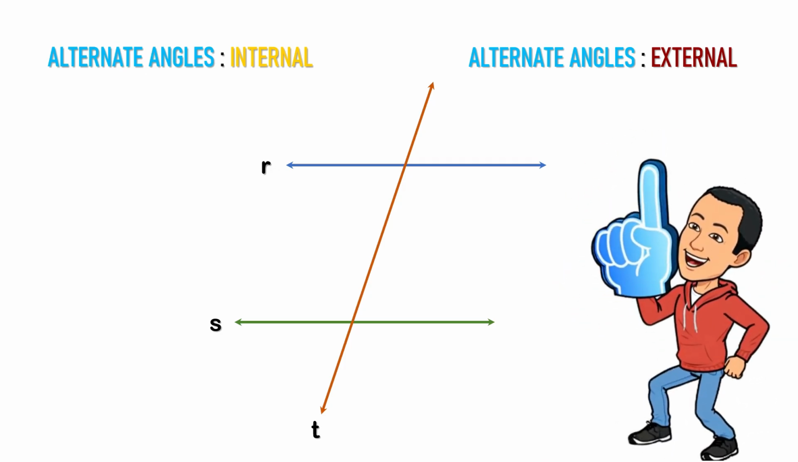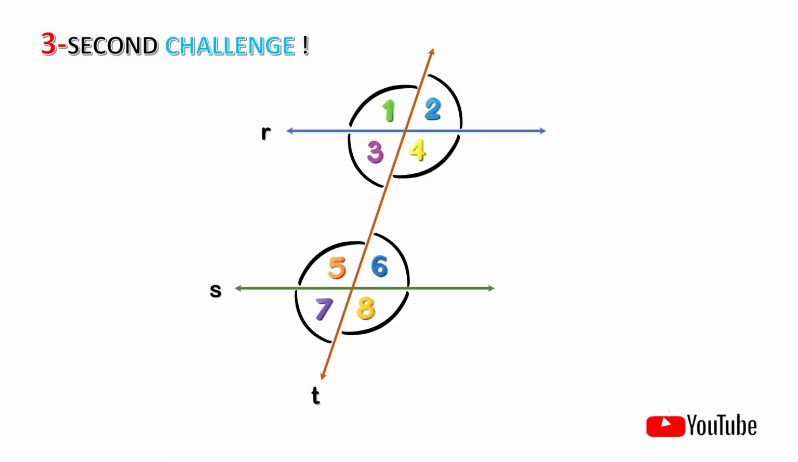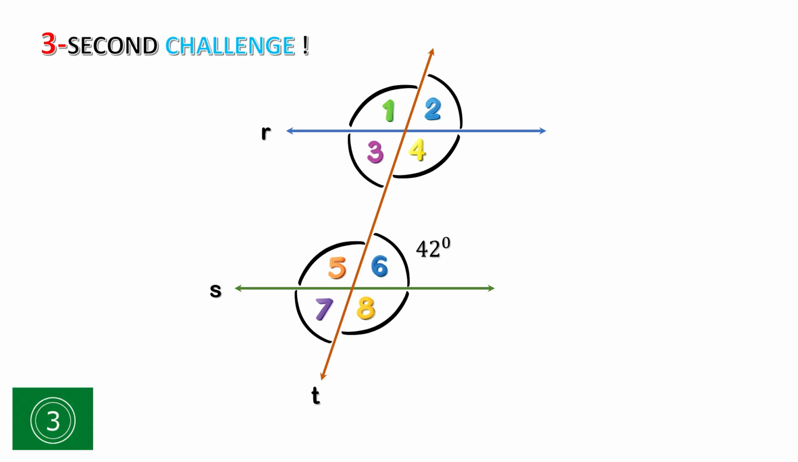Let's see if you understood the whole topic with some 3-second mini challenges. Challenge 1. If the measure of angle 6 is 42 degrees, what is the measure of its alternate interior angle? 3 seconds. Very good. 42 degrees too, because they are inside the parallel lines and are located on opposite sides of the